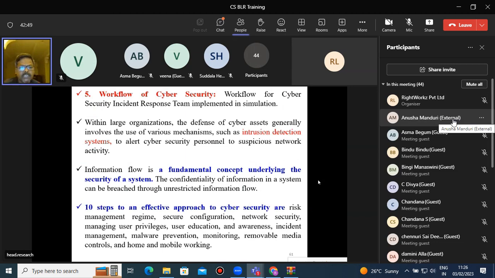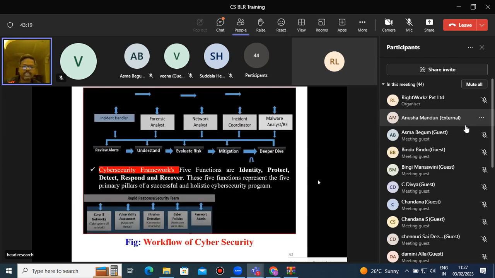There are 10 steps to an effective approach to cyber security or a risk management regime: secure configuration, network security, managing user privileges, user education and awareness, incident management, malware prevention, monitoring, removable media controls, and home and mobile working. So if you see the workflow of cyber security,